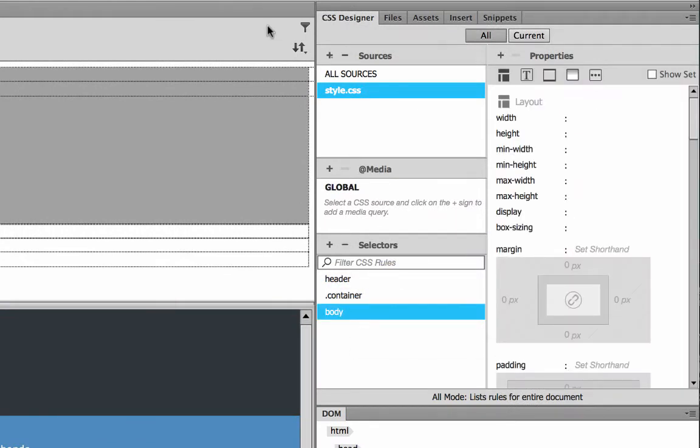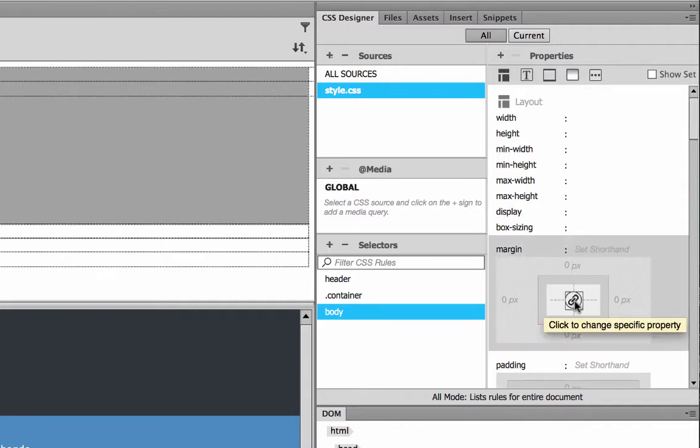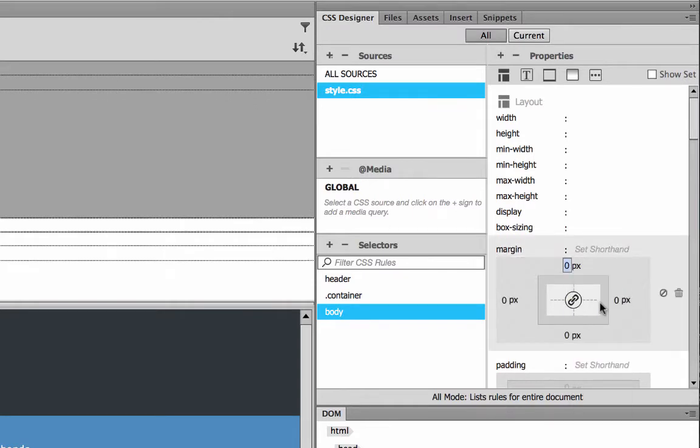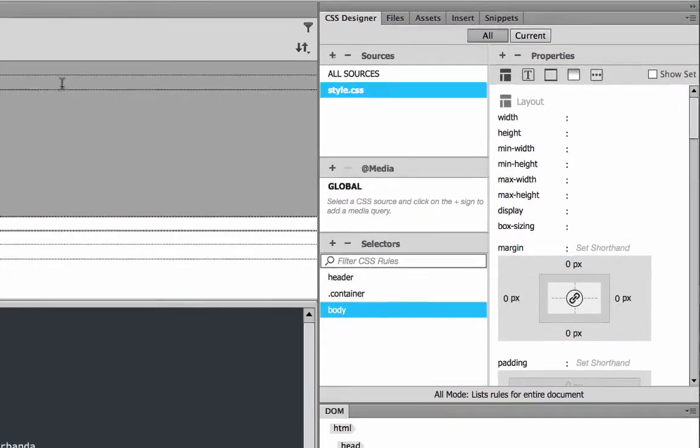So to make sure that there's no space around my page body, under layout, I'm going to set all of my margins to 0 pixels. A quick way to set all 4 margins together is to click on this link in the middle. So all 4 values are now connected. I just need to change one. I go to pixels, I leave it at 0, and look what happened.